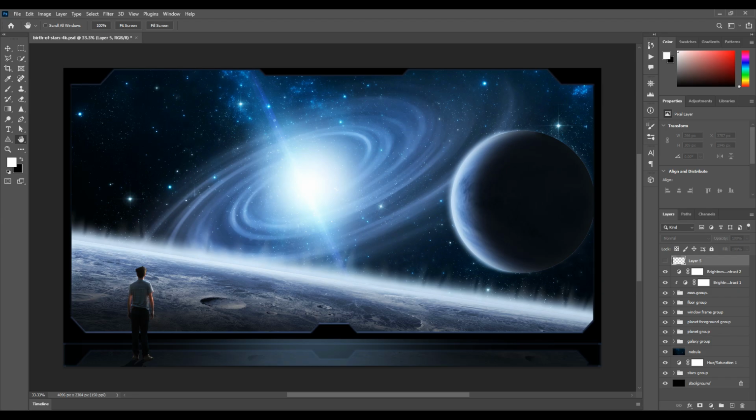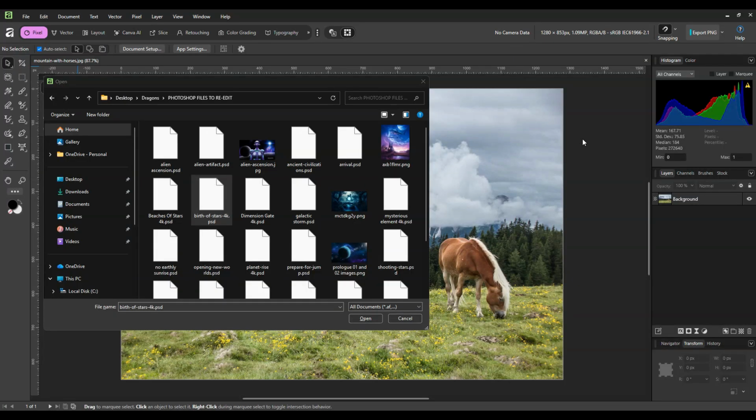Before doing that, let's have a look at the structure in the Layers panel. So as you can see, I have groups and I also have adjustment layers. I also have a clipping mask layer located right here, which is connected to the group directly below it. So let's open up this file in Affinity Studio and let's see if that structure is maintained. Alright, so here I am back in Affinity Studio, and here's the file that I would like to open. So let's see what happens.